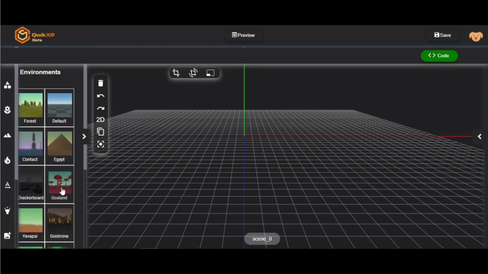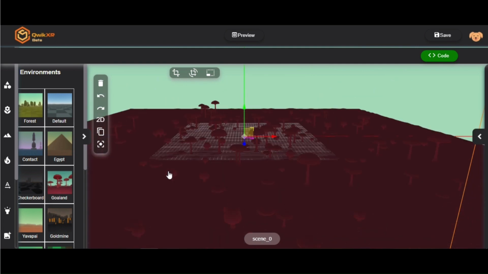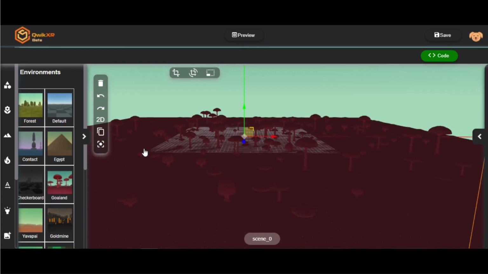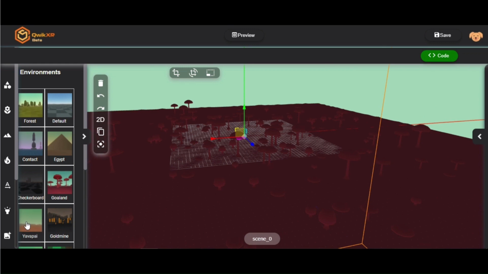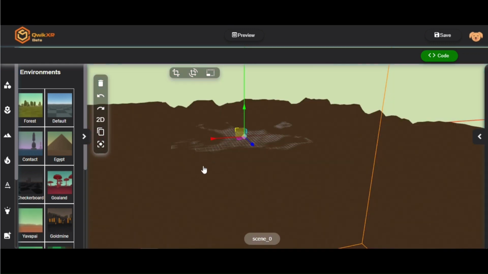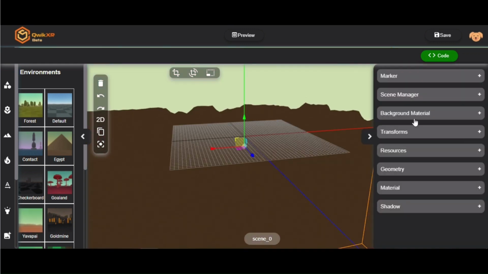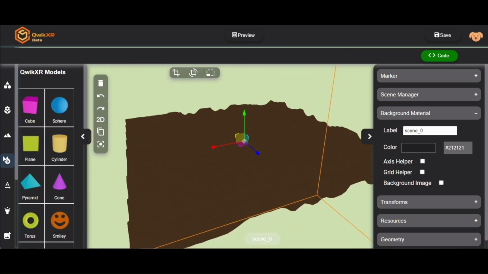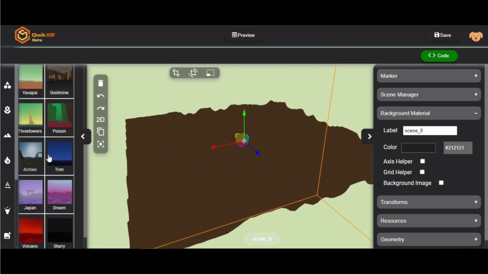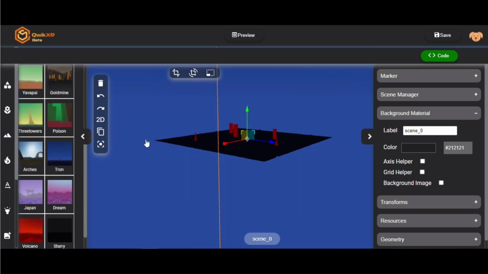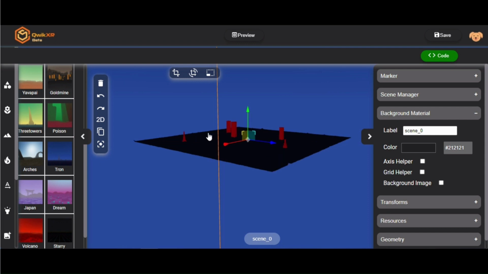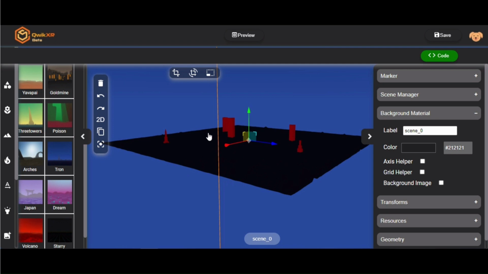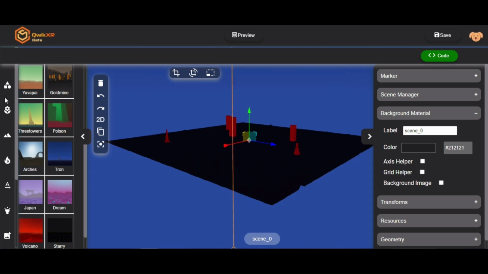Now on the left side next to model, you can see that we have one environment on our platform. If I click on that environment right here, you can see that it's selected because it has a blue rectangle around it. You will notice that at the top of the screen, the tab that normally said costume now says environment. I will click on that tab and that takes us to an interesting page. This page has our environment in a list. Now we only have one, so we only see one.